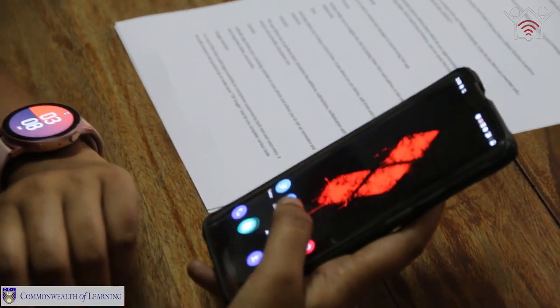And then we have a browser app. Basically any phone will come with a browser app, one from Google. My phone doesn't have its own browser, so I'm using Google Chrome. The Google Chrome browser will let you connect to the internet and search any website.